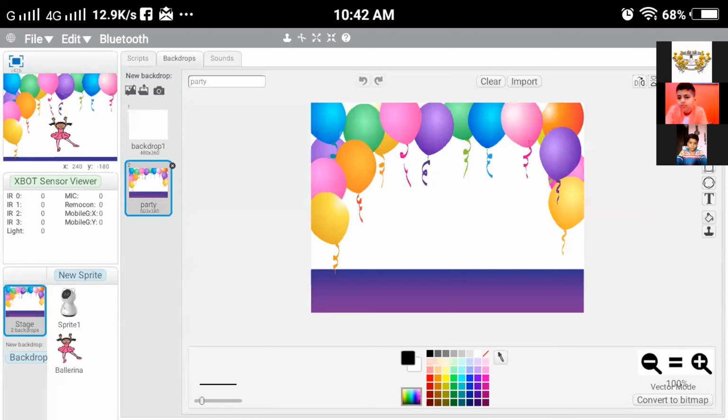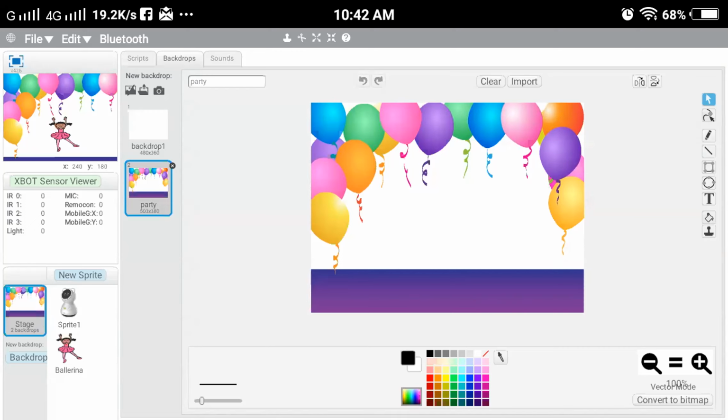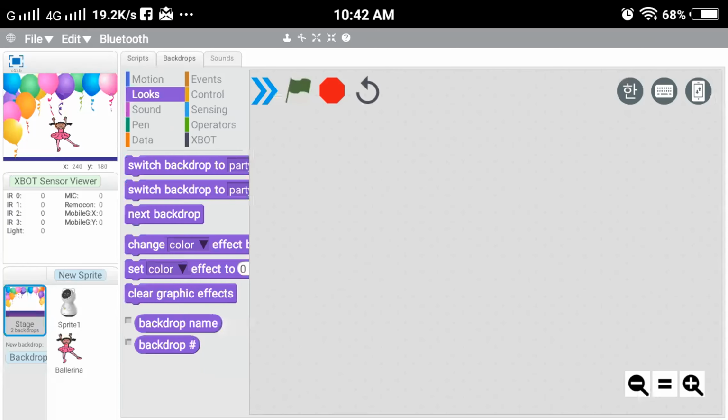Okay, now we have placed our girl in the party background. So we have to move to the script now. It is a little difficult to press the buttons on the phone, but it is not impossible. If you try 3 or 4 times, you will be able to press it properly.